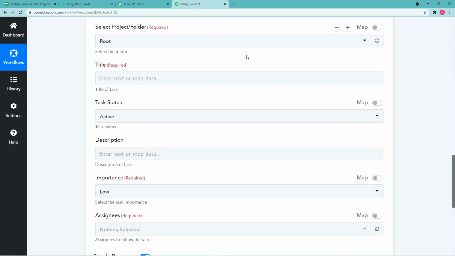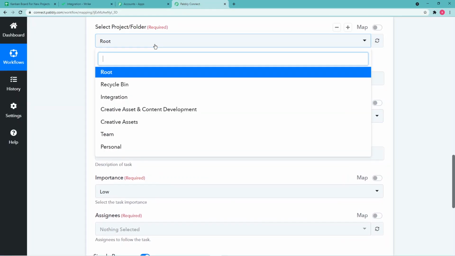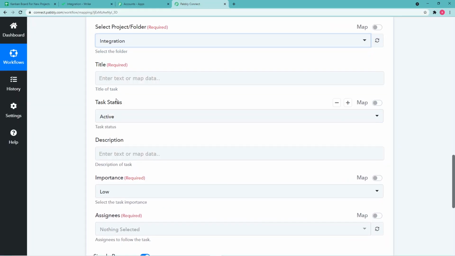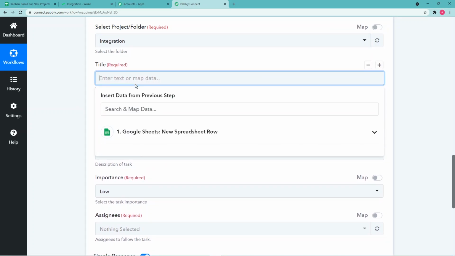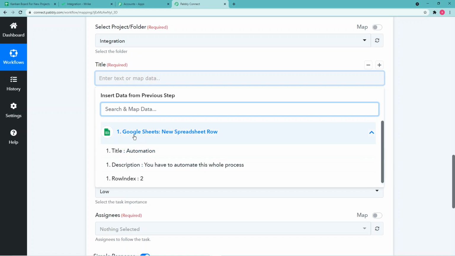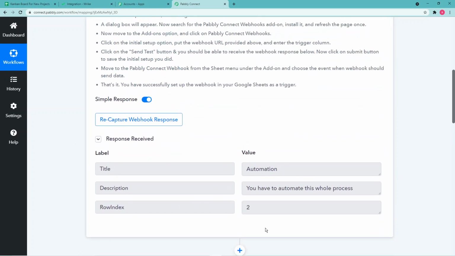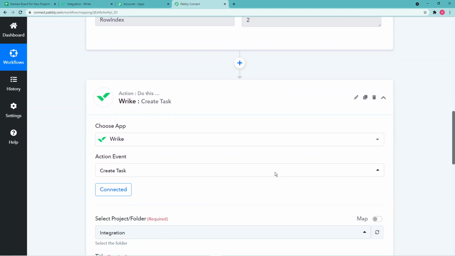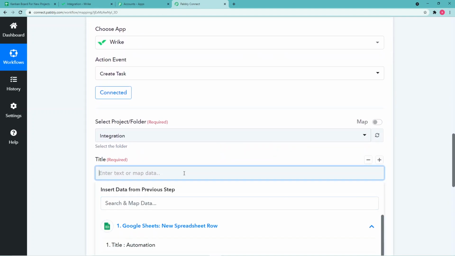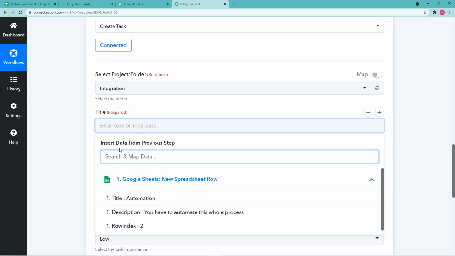So this same project you can also find here in this drop down menu, which is integration. So just select this, and in the title you have to map the data which came from Google Sheets. Alright, so you can see in the title, you can map the title. This is the exact same data that Pabbly has fetched before. So you will find this same data here also, and just map this data in the title.